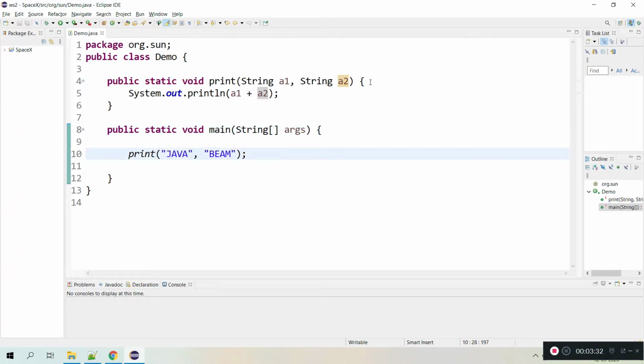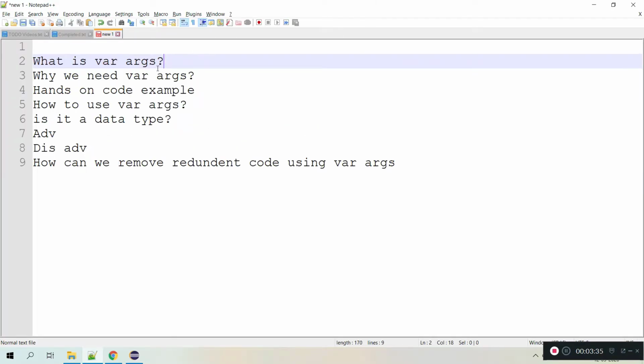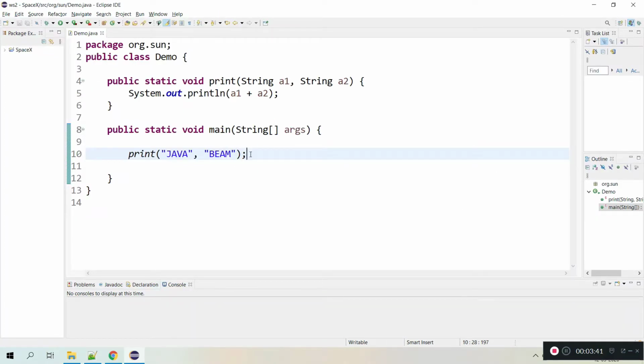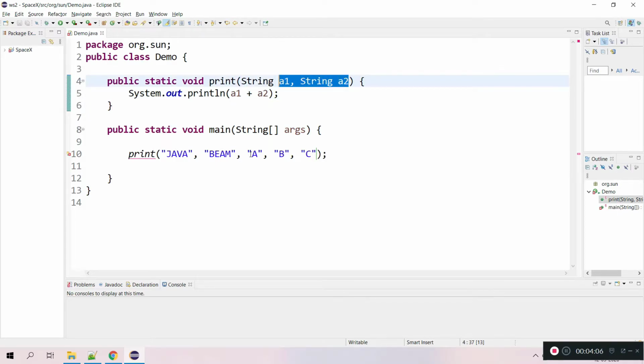So now in our case, as I said earlier, varargs is nothing but a variable number of arguments. If I create a method in such a way that the method can accept any number of arguments, let's say I'm passing a, b, c, whatever the requirement I have, I can pass that many arguments. So the method should be created like that. How can we create it? The syntax is that I have to use three dots, something like this.